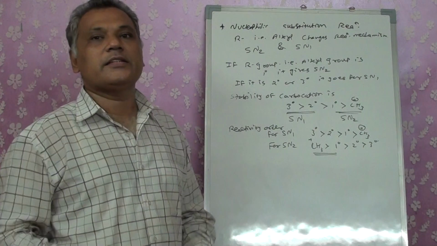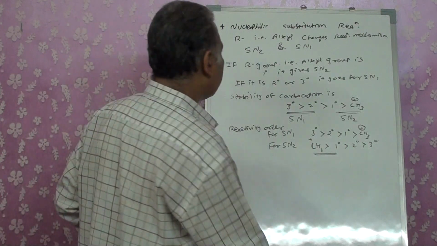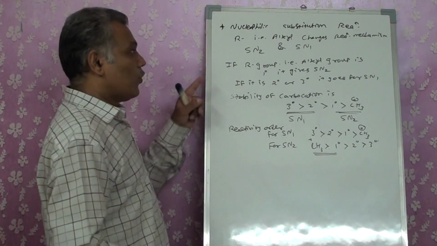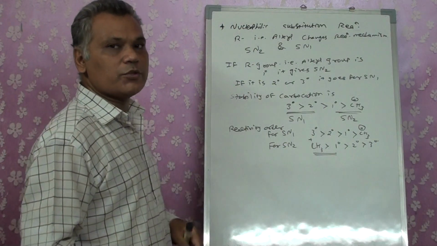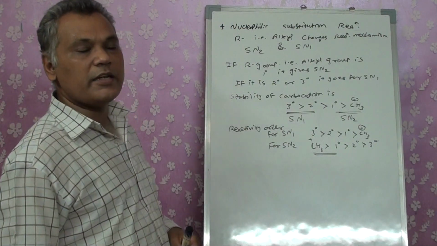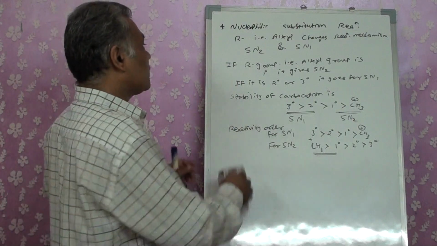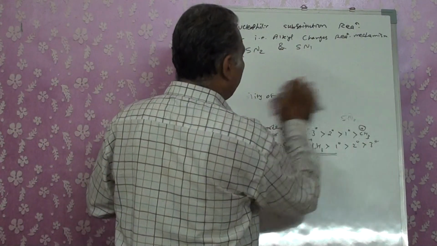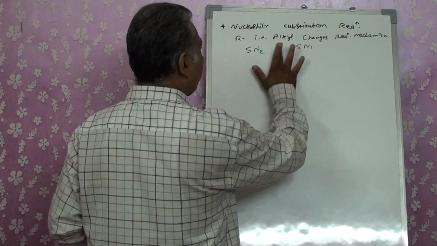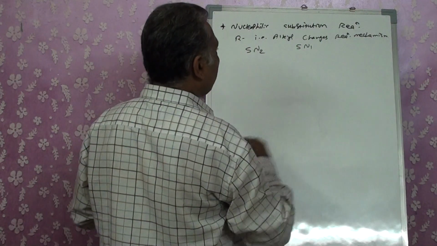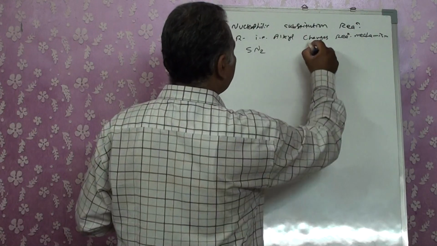But what is there in this reaction mechanism? So let us first understand what SN2 is and what SN1 is. Let us write down the difference between these two so that it becomes easily understandable for us to write the mechanism. That is also one of the questions we have: write a difference between SN1 and SN2.